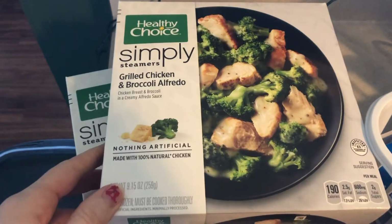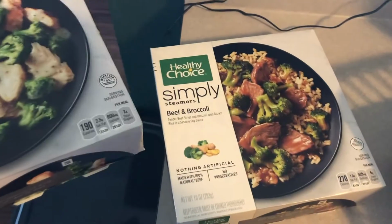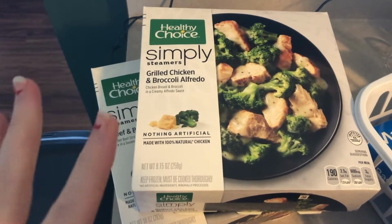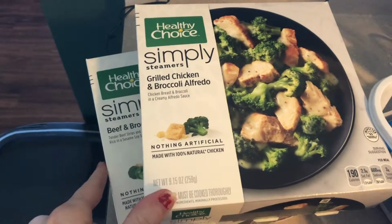So we just got back from running all of our errands, and I'm going to show you all the grocery haul really quick, and then we'll get all of this stuff put up and put away. So the first thing I got were these 2 Healthy Choice Simply Steamer meals. These are really good. I like to have these for lunch if I don't have anything else, or if I need something really quick to toss together while Garrett's at work. So I got 2 of these,